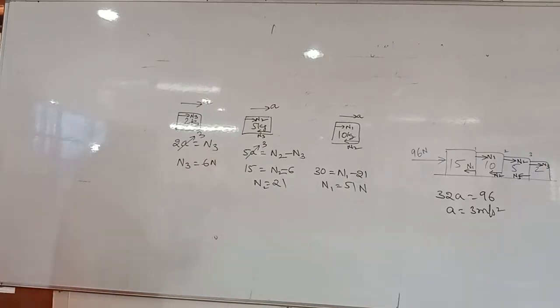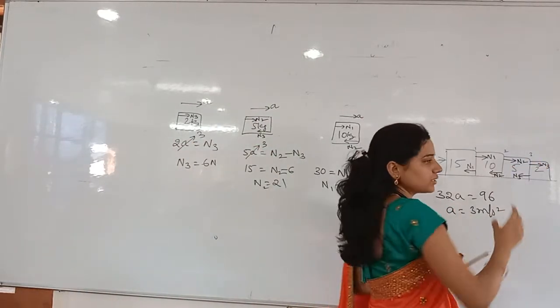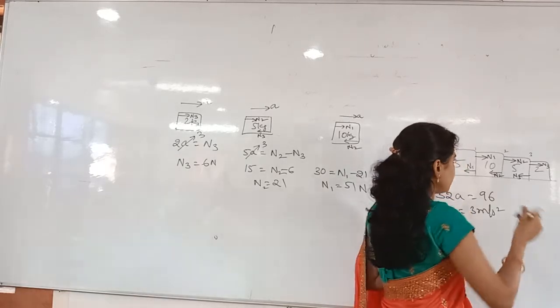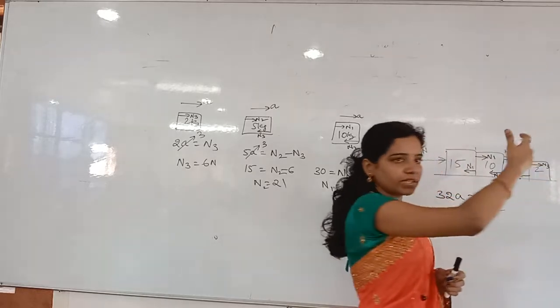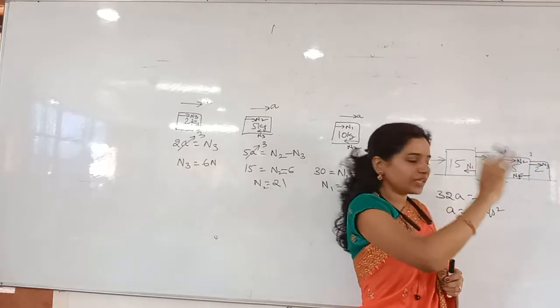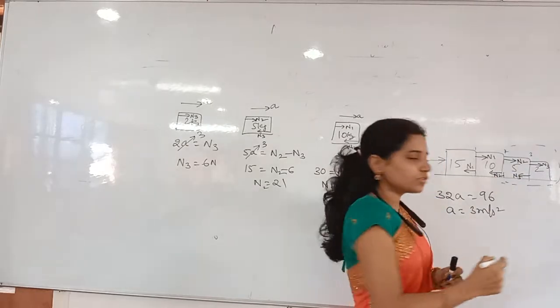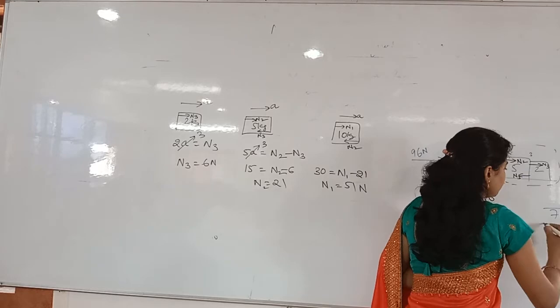See that, you can find it out in a different way also. If I consider these two blocks as a single body, nothing but how much, that is 7 kg. I'll tell you a shortcut. Instead of doing that much, you can do it easily. First of all, find out the right side one, the last one. After that, you consider these two bodies as a single block only. So how much, that is a 7 kg block. 7 kg single block I have like this.